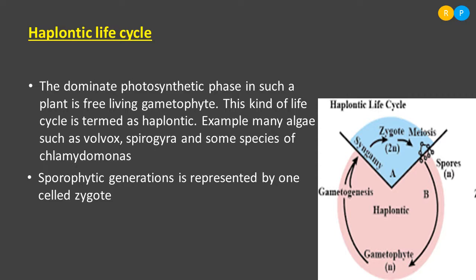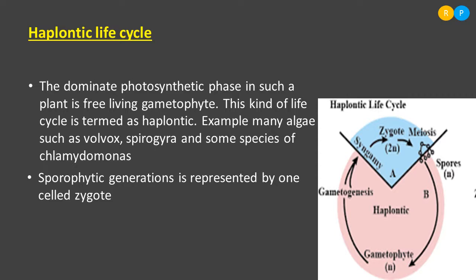So the gametophytic plant by means of gametogenesis produces gametes. Those gametes undergo syngamy and form a diploid body named the zygote. So the single cell zygote shows the sporophytic generation in the algae, and it is short lived. Clear? And the zygote again undergoes meiosis and produces spores, and all the spores germinate again into a main gametophytic plant. So the sporophytic generation is represented by only one celled zygote. Clear? So it is very short lived, and in only one part of the life cycle